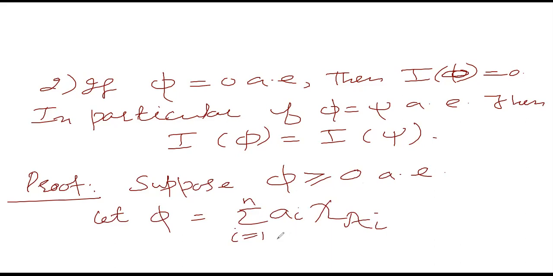But the set where it will take the negative value, the measure of that set must be equal to 0, because it's greater or equal to 0 almost everywhere. So the set where it will take negative value must be a null set, because it's greater or equal to 0. So therefore, for any i